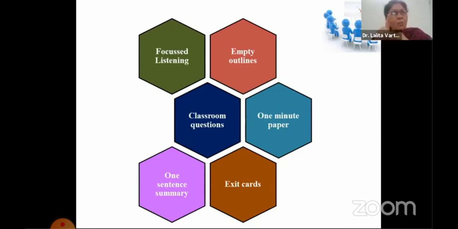So that 1 sentence would be 4 or 5 lines, but it would be an entire summary of whatever was taught, and it would be basically in their own words. So it will be also easy for them to remember. And I think this particular assessment really takes the students right up to that creativity level.